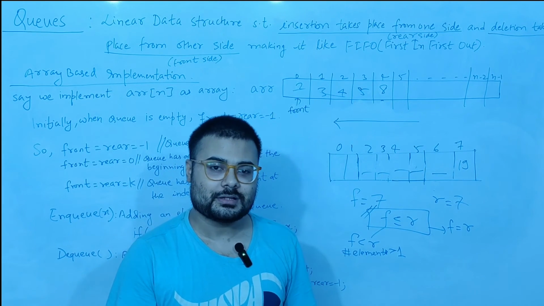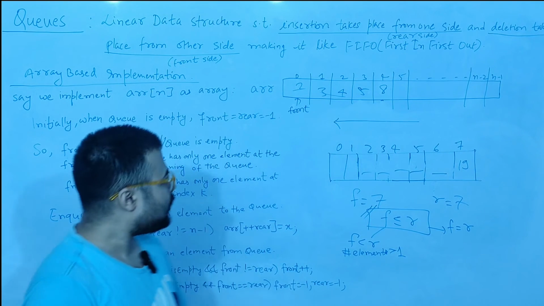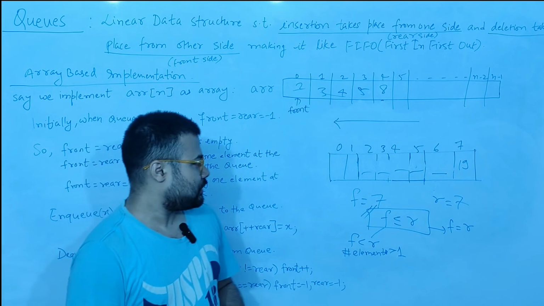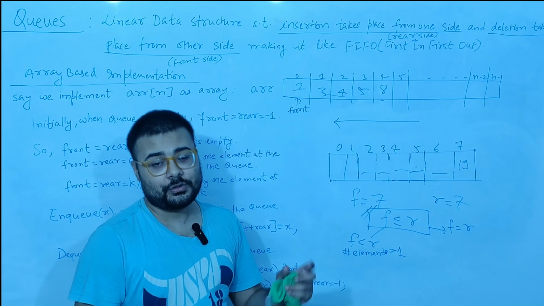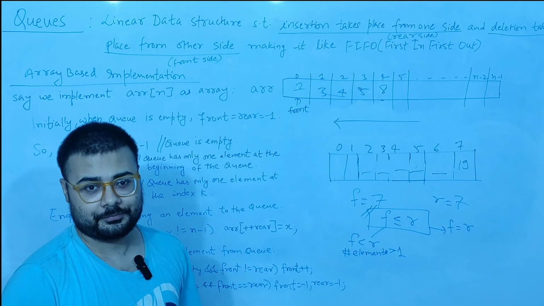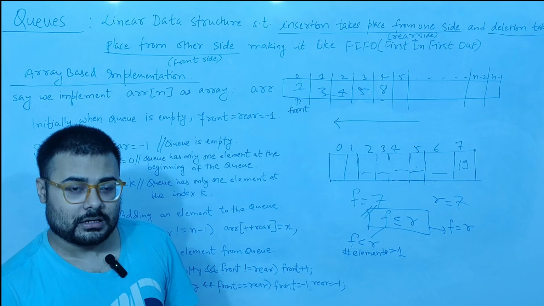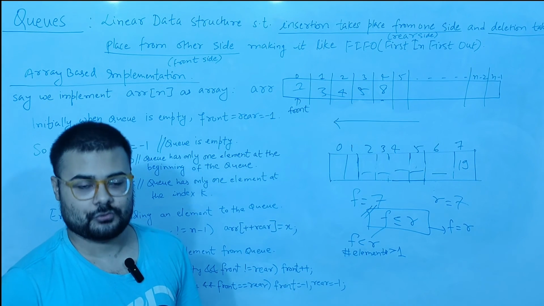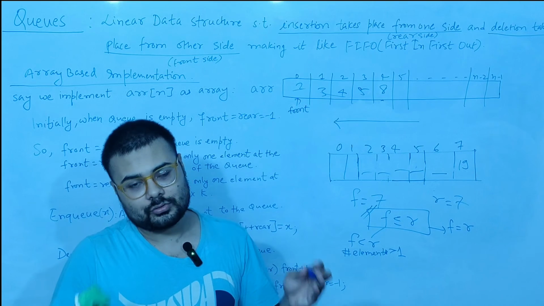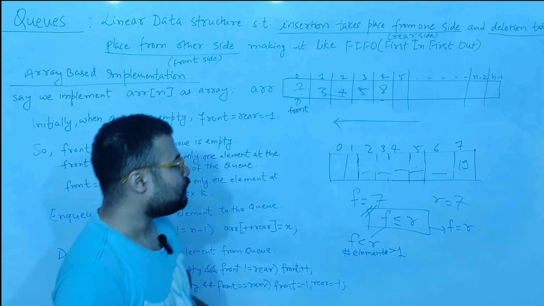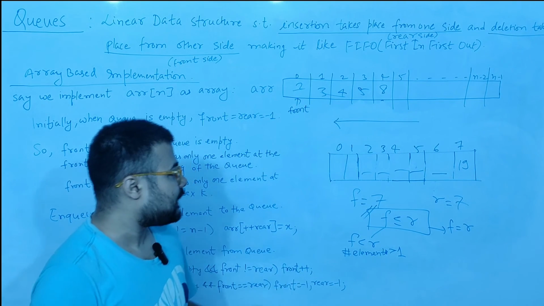In the next video, we will see that because of the linear queue, there are spaces in the array, but we cannot add an element, and so a circular queue comes to the rescue. In the circular queue, we can add elements up to the size of the array, but in linear queue, the worst possible case is that